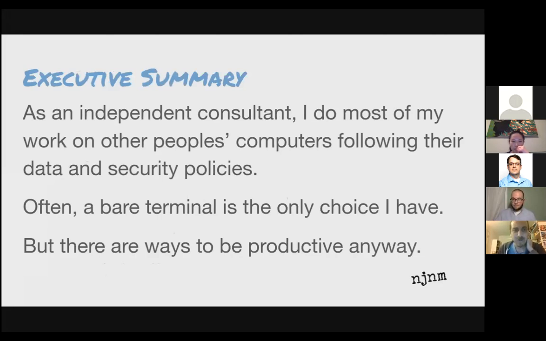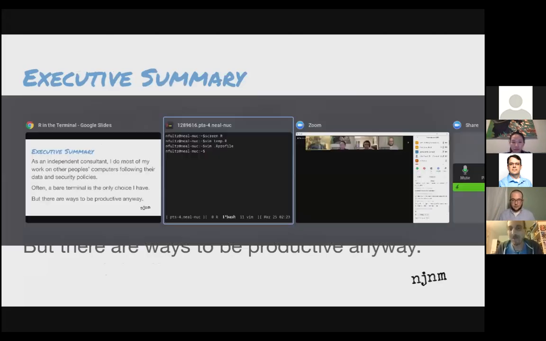I'll just recap all this. Most of my work is done through this little keyhole through an SSH shell on remote servers. I often don't get to choose it. That's just the only thing you get. But with a little bit of practice, you can be reasonably productive anyway. Yeah, so I think that's